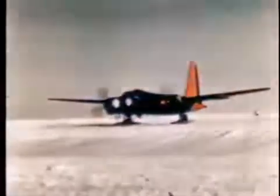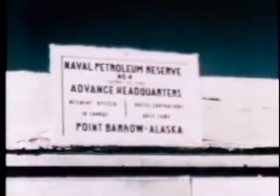The P-2V is loaded with crew, cold weather clothing, spare parts, and survival gear. Let's take a look at Point Barrow, since the expedition will be based here. Here is an official Navy camp with a resident officer in charge. The camp is under the jurisdiction of PET 4, the Navy project for developing petroleum reserves in this area. Other Arctic research projects, including the Arctic Research Laboratory, a weather station, and communication stations are here. Thus, the United States are the great circle routes over the Arctic, making this region important in the global defense